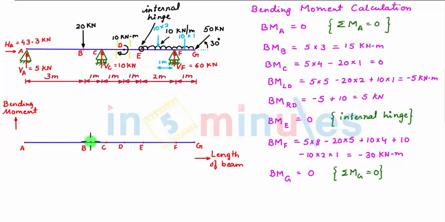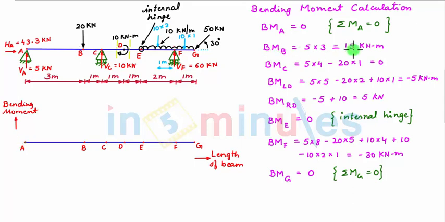So we show the zero line of this bending moment diagram. On the y-axis we plot bending moment, and on the x-axis we have the length of beam, and we plotted all the salient points of the beam as shown in the figure. Now bending moment at point A is 0, so we plot 0 bending moment at point A.